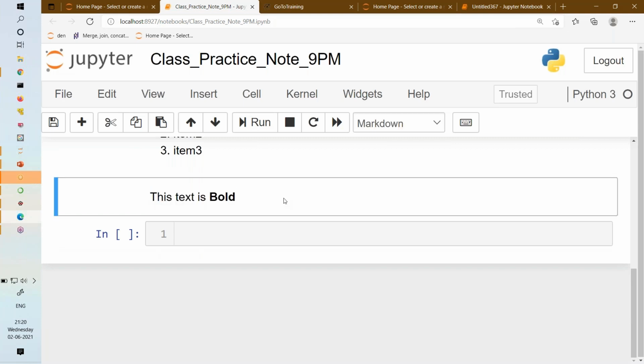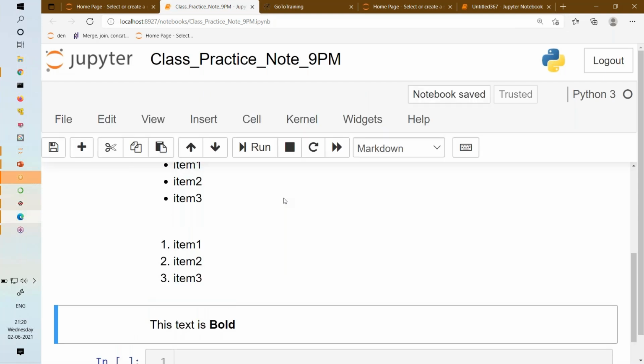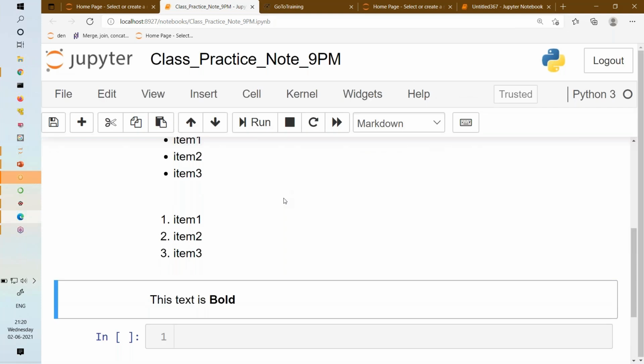So how have I made it bold? Two times star is called bold, right? Two times star is called bold. Now, once you have made it bold, let's say you want to make it italic. I will revise everything. First, I will complete one part and then again I will go revise, and then again I will ask you questions so that you can remember everything, right?